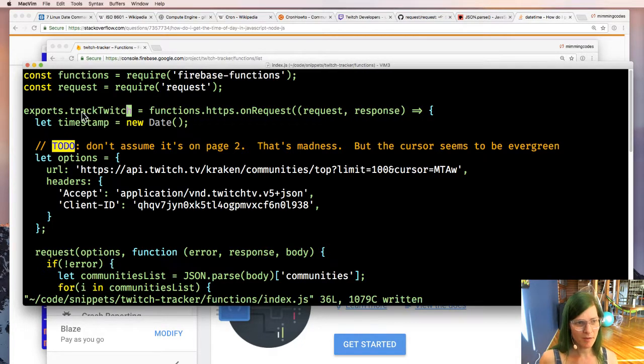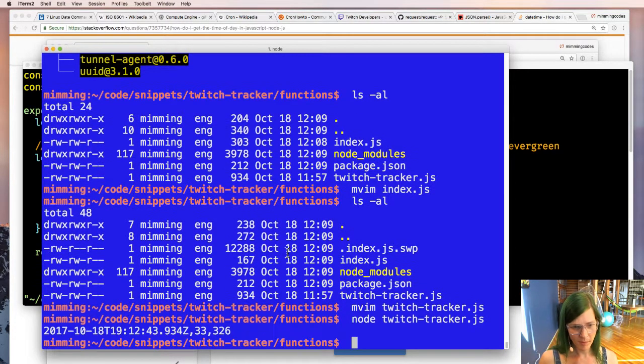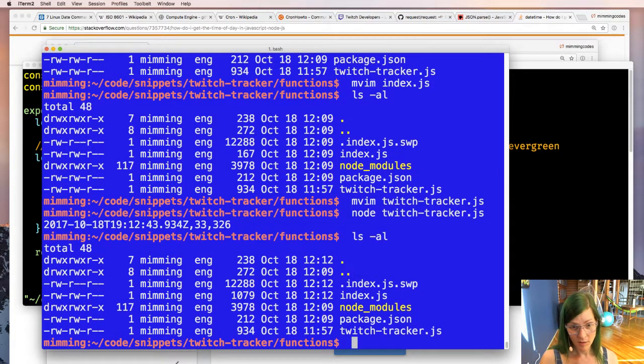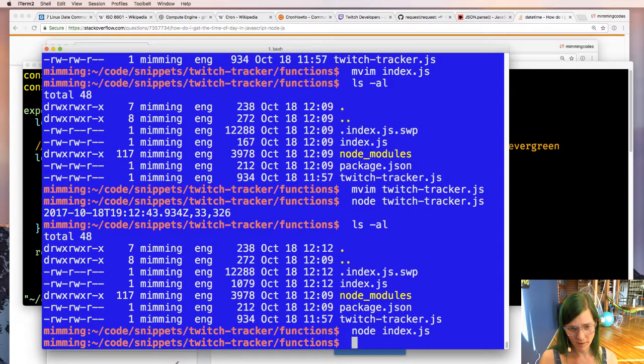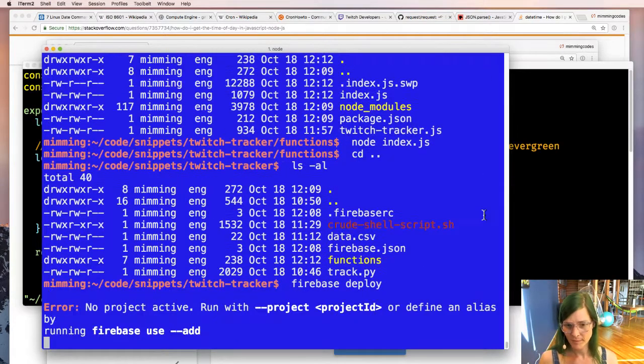Let's name a method that's mnemonic, trackTwitch, and let's go ahead and deploy it. Or maybe I can run it. Maybe I'll run it first. Hey, it works, okay. So, oh wait, that's Twitch tracker. Does that actually work? I don't really know what that's doing, but I think there's a runner toolkit that got released since I last streamed. But let's just deploy it to production, because why test when I can deploy to production? So we're going to do firebase deploy, we're going to send it on up there.